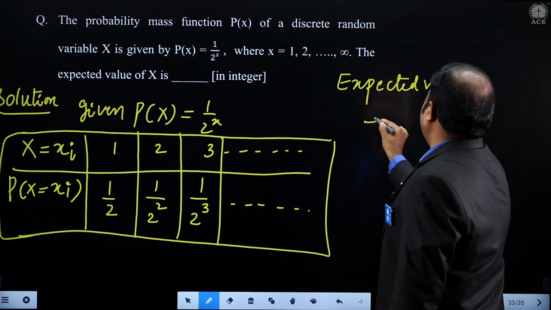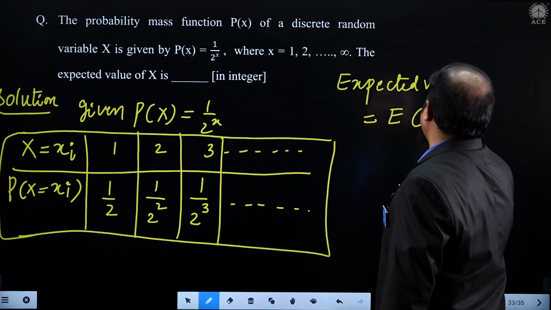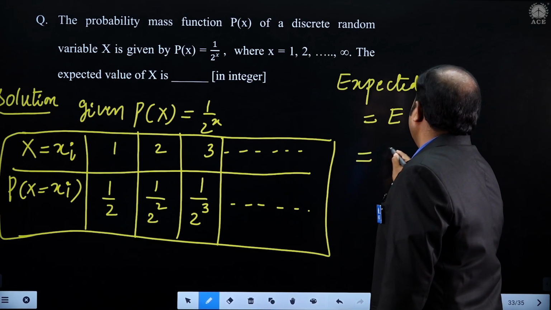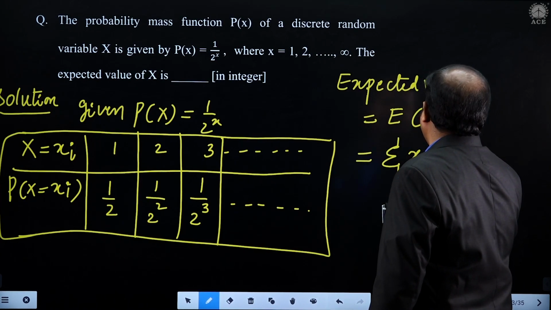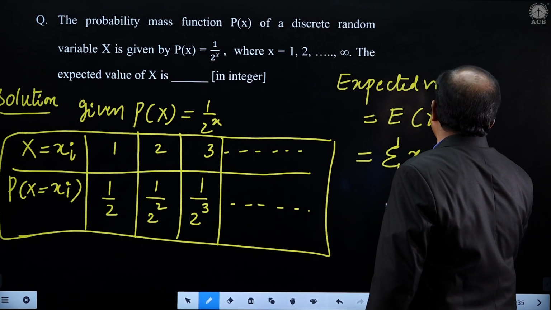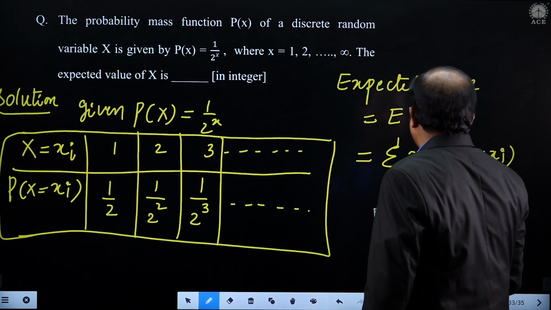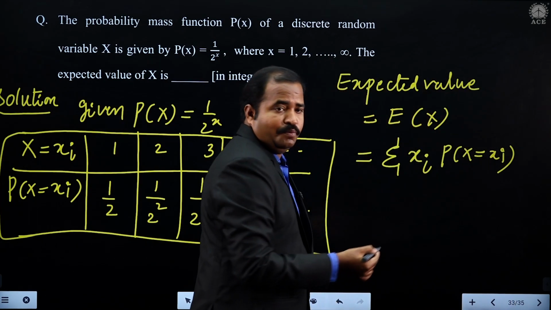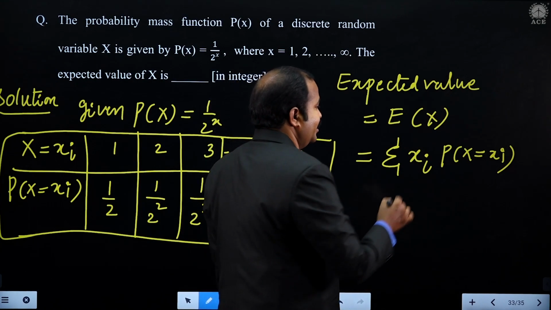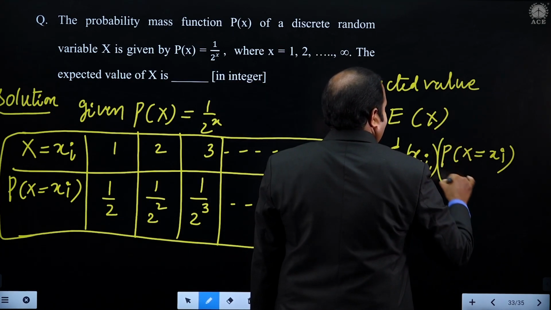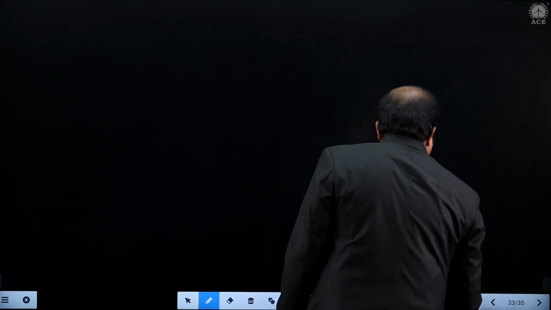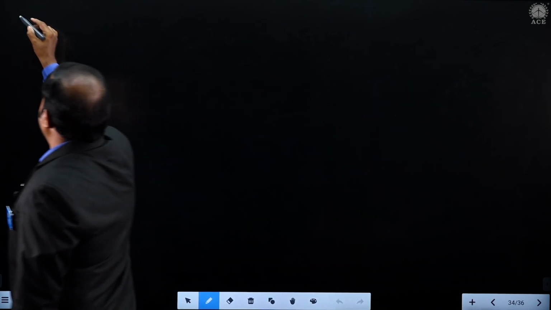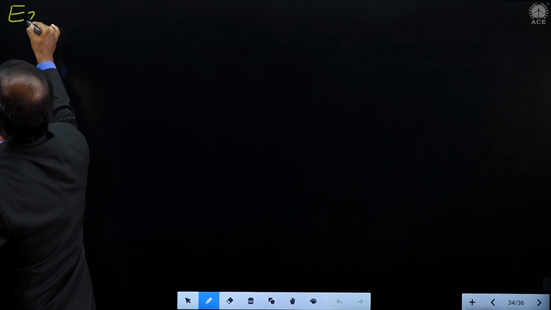Expected value, that is E of x equal to summation of xi times the corresponding probability, P of x equal to xi. Right. So therefore the expected value equal to